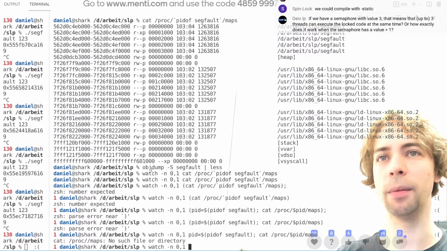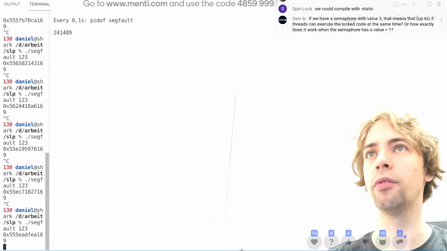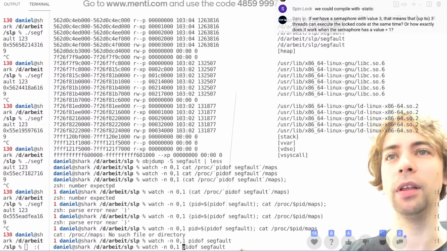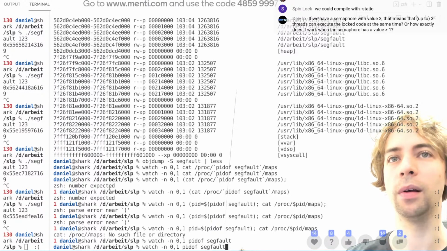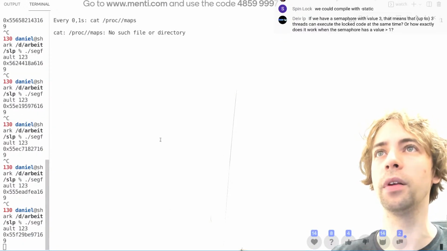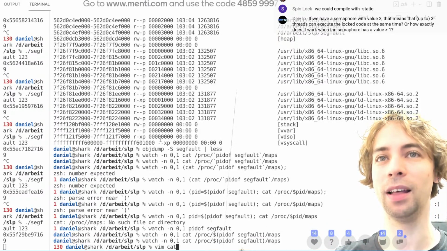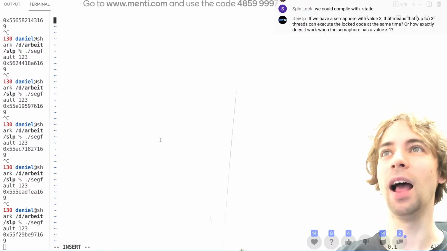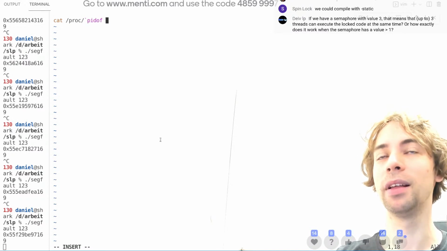So let's try it step by step. pidof segfault. If I run this, yes, then I see the PID. Okay, but the problem is that I have to pass this on to the cat proc PID maps. I thought it should work like this, but let's try it maybe like this. Maybe this works. Okay. Also doesn't work. I have an idea. I will write a small script. Cat maps. And here I will do exactly that. Cat proc pidof segfault